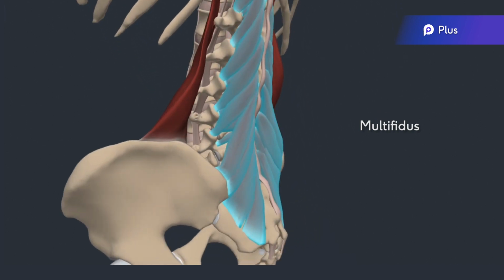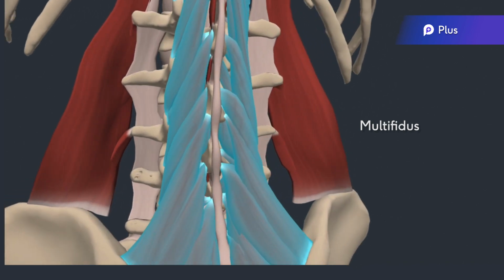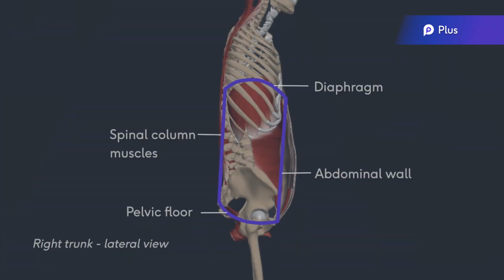In the lumbar region, it originates from the sacrum, posterior superior iliac spine, and the mammillary processes of the lumbar vertebrae. It then inserts into the spinous processes of the vertebrae above its origin. In addition to extending the lumbar spine, it is an important muscle involved in core stability and strength. If we think of the core as a box, then the multifidae are a key component of the posterior wall